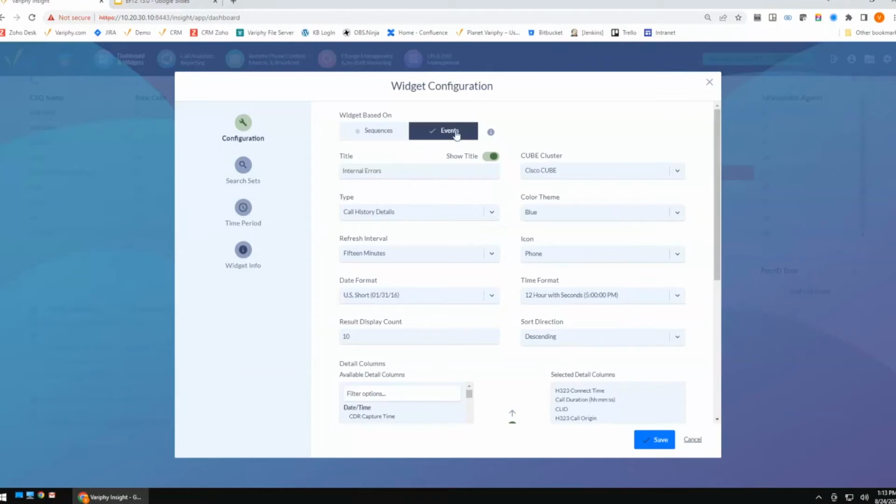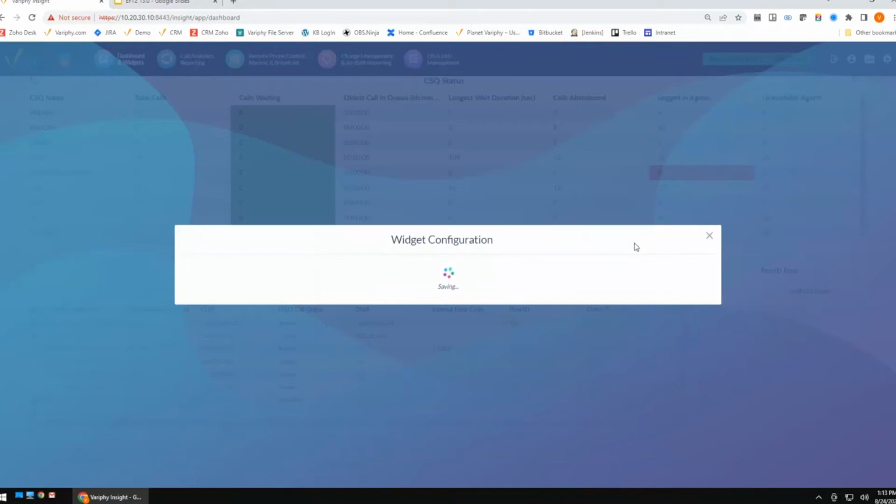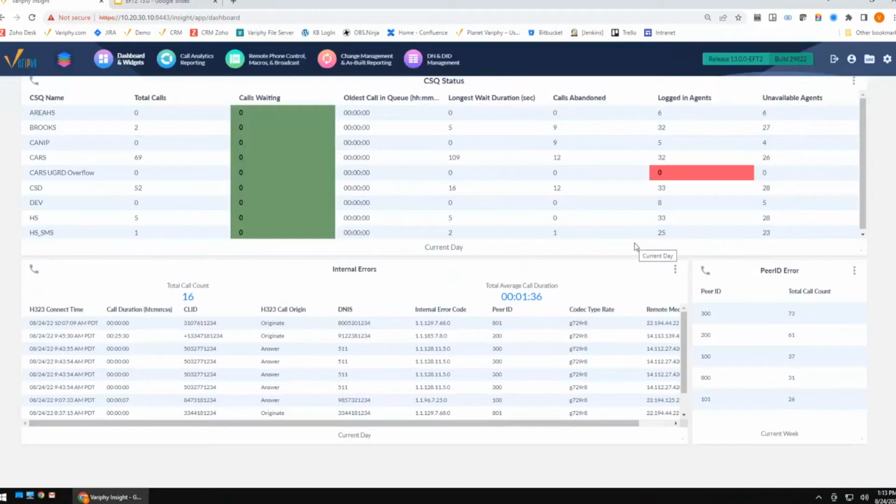In this particular case, where I'm looking at just errors, I want to be able to really just drill in, not necessarily the whole sequence. I just want to drill in on the event that's taking place so I can quickly troubleshoot that. So you'll notice here that if I go ahead and change over to events and give this guy a quick save, what you're going to see here is instead of showing the entire sequence of events, now I've isolated down to just the error code event.